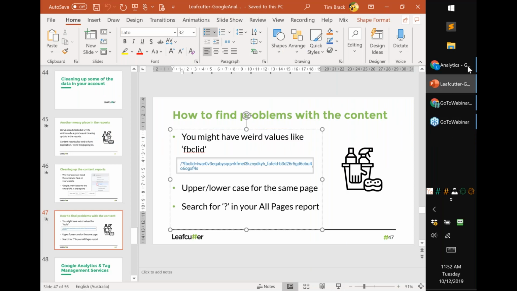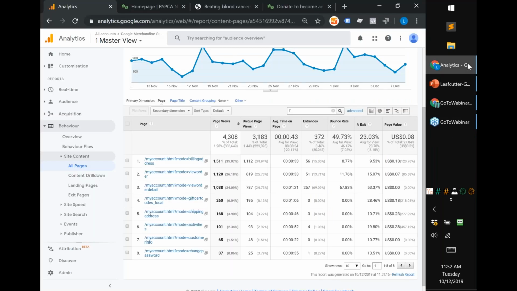And that setting is up in View Settings. Again, it's in the instructions we have. But if we go into Admin under View Settings, there is a place where we can ignore these parameters. I'll just wait for it to load in a moment. We just say, oh yeah, ignore the FB CLID, Facebook click ID, because we don't want that value in our reports.